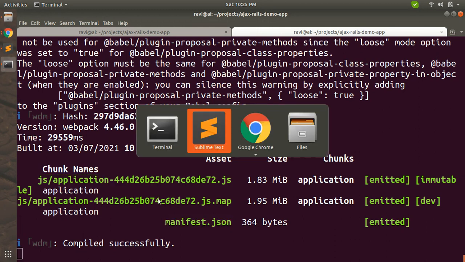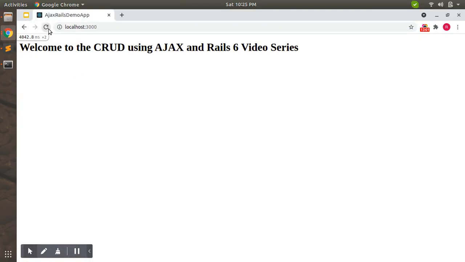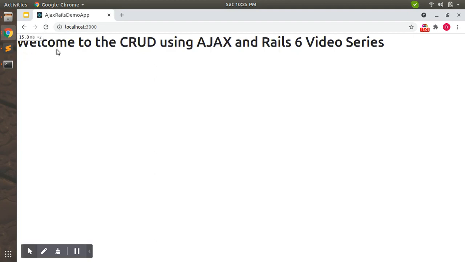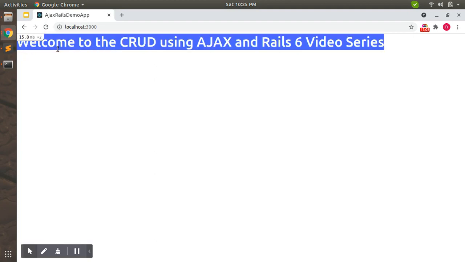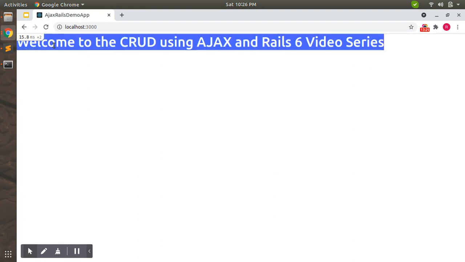Now let's open our web page. After reloading the page, you can see that something has changed. Our font style is different here. That means our Bootstrap, Popper, and jQuery have been added successfully. This is the effect of having Bootstrap.